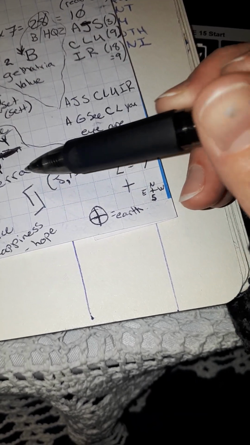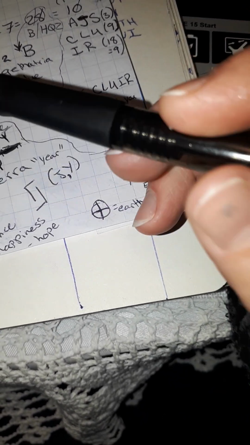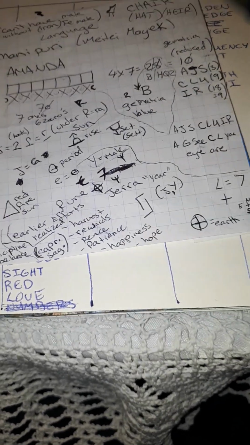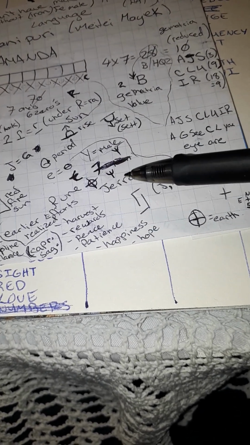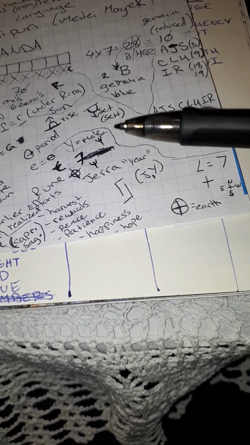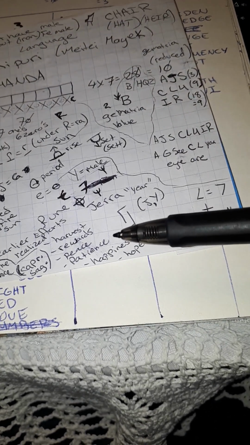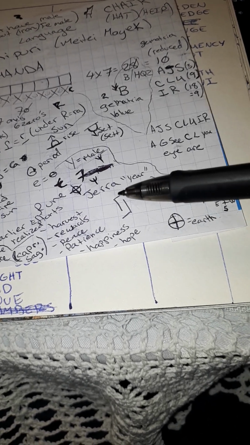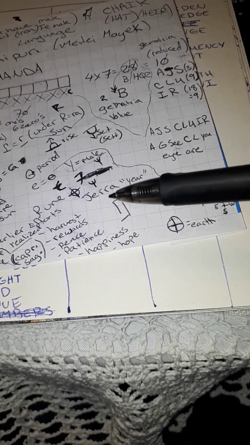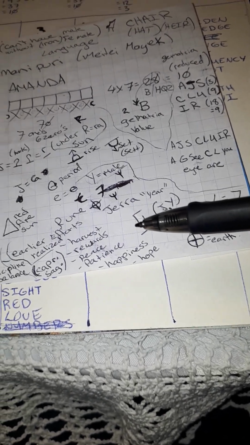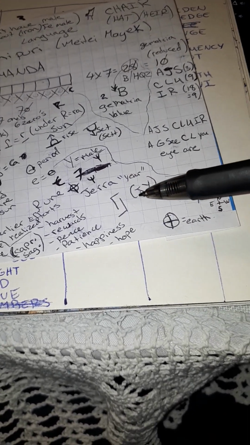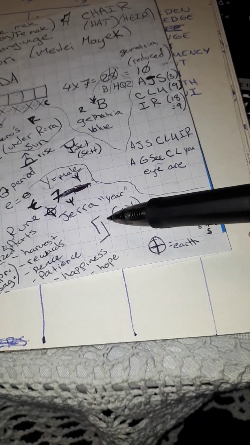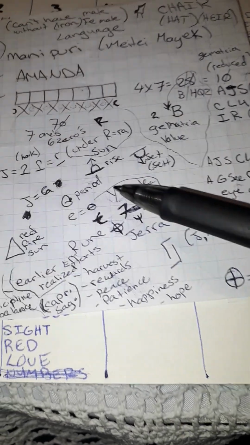And you can also have Yara or Jera, year, which is earlier efforts realized, harvest, rewards, peace, patience, happiness, hope. All the runes have multiple meanings to them. I believe there is 24 in total. And I don't know if that includes the blank one, which is unknown. Originally, runes were made on stones and they were carved each piece. I personally have my own runes that I made out of cedar balls because it's easier to carve into. And cedar is also good for lots of things if you look it up. Anyways, let's get back to this.